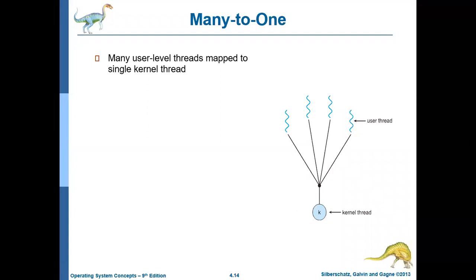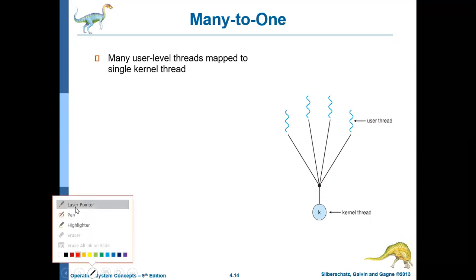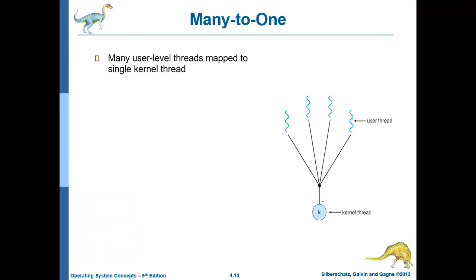Okay, so this particular model has its advantage and also its own disadvantage. The advantage of this model is that you can create any number of user threads. That is not an issue because all the user threads are controlled by only one kernel thread. So I can create 100 user threads also, because I'm not requesting more resources from the operating system, because there is only one kernel thread which is going to control all these things. So that is the advantage of this particular system.